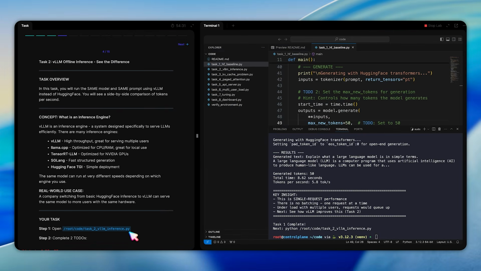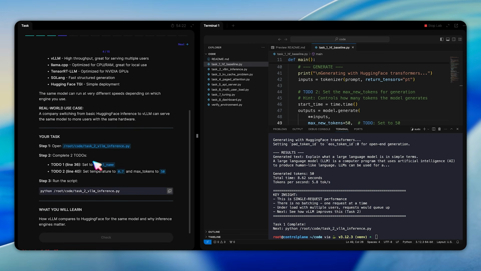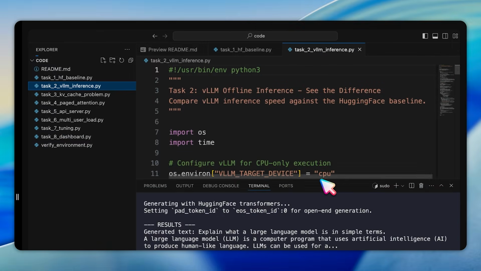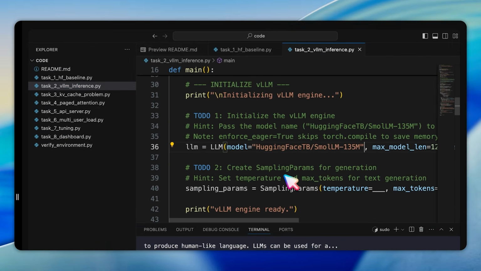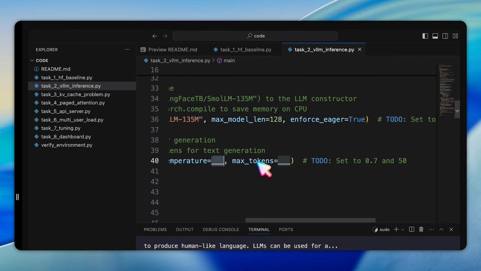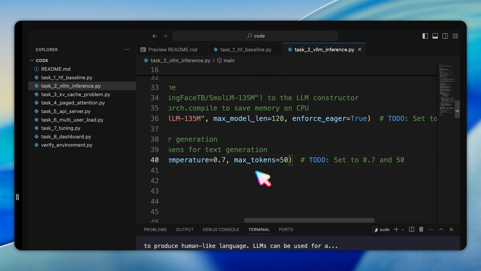Now we move to task 2, which is about running the same model with vLLM. Open /root/code/task2_vllm_inference.py. You need to complete 2 to-dos. At line 36, replace the blank with HuggingFaceTB/SmolLM-135M to initialize the vLLM engine with the same model. At line 40, replace the blank with 0.7 for temperature and 50 for max tokens to create the sampling parameters. Run the script with